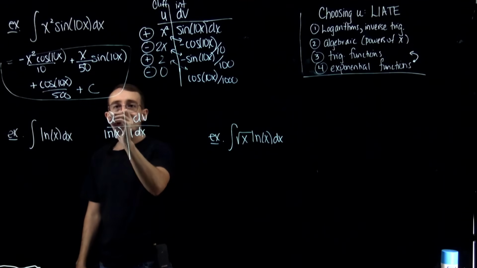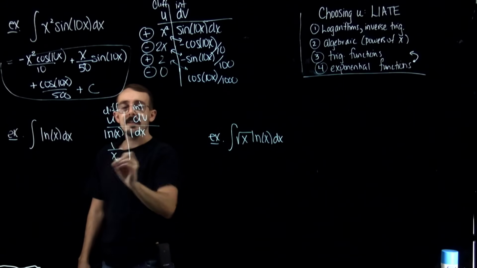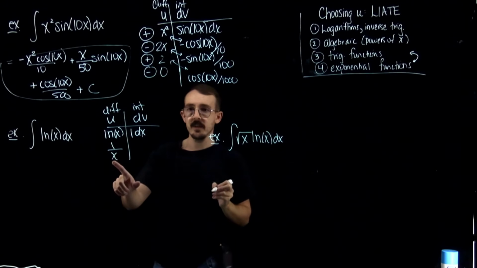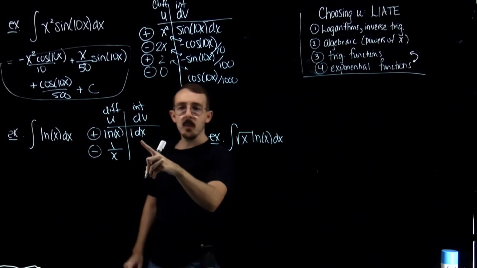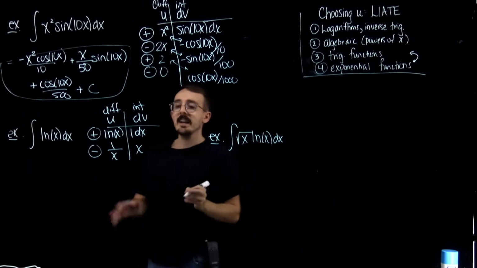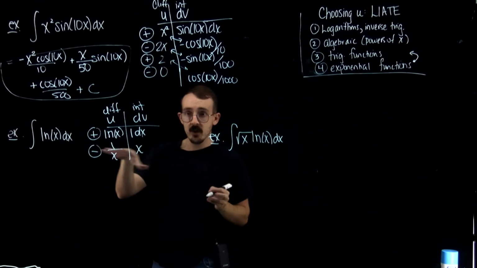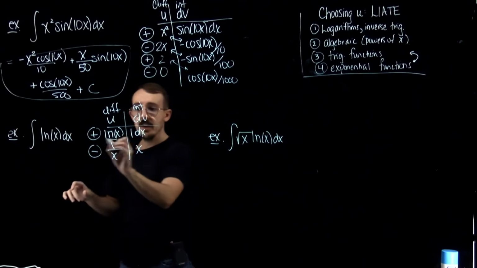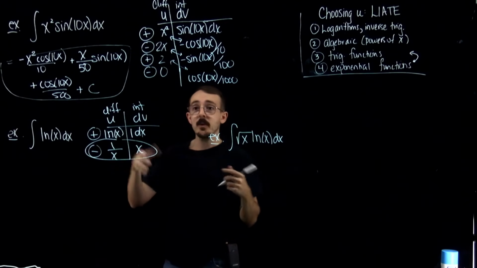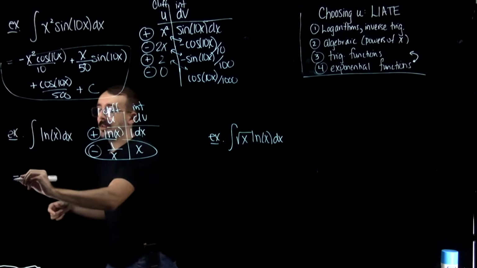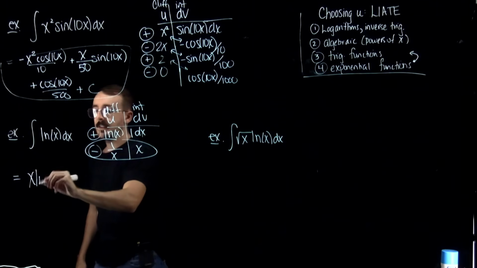I'm going to differentiate on this side and integrate on this side. So if I differentiate ln of x, I get 1 over x. And then if I integrate 1, I get x. And I recognize that this row right here, this horizontal line, I could integrate that if I multiply that together. That's easy enough for me to do. So I'm basically just going to write the integration by parts formula. So here's u times v. This is the main diagonal, x ln of x,